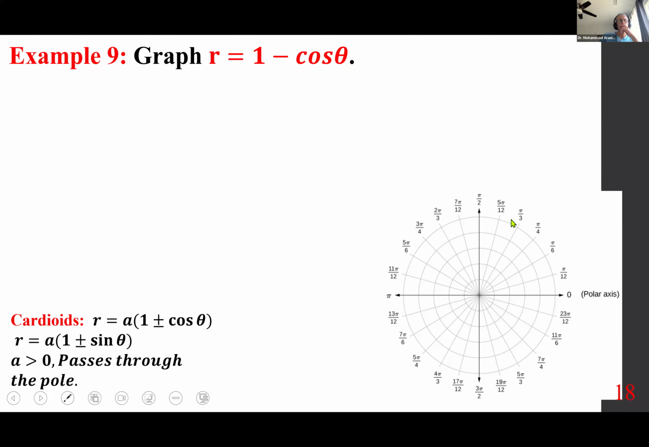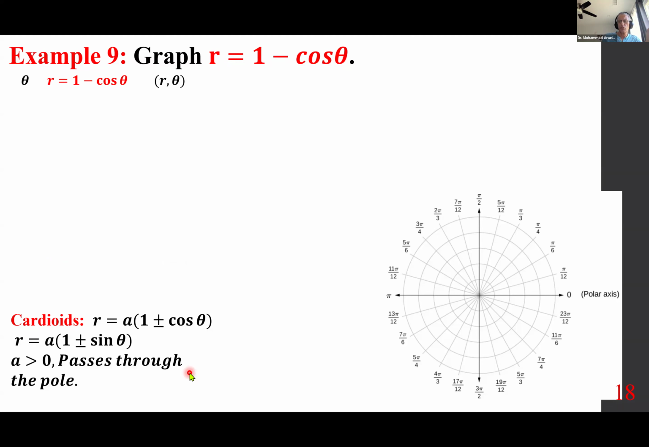So first and foremost, in general, r is equal to a times 1 plus or minus cosine theta, or a times 1 plus or minus sine theta. When a is positive, it passes through the pole, and it's a cardioid. It looks like a heart in essence. So we start with